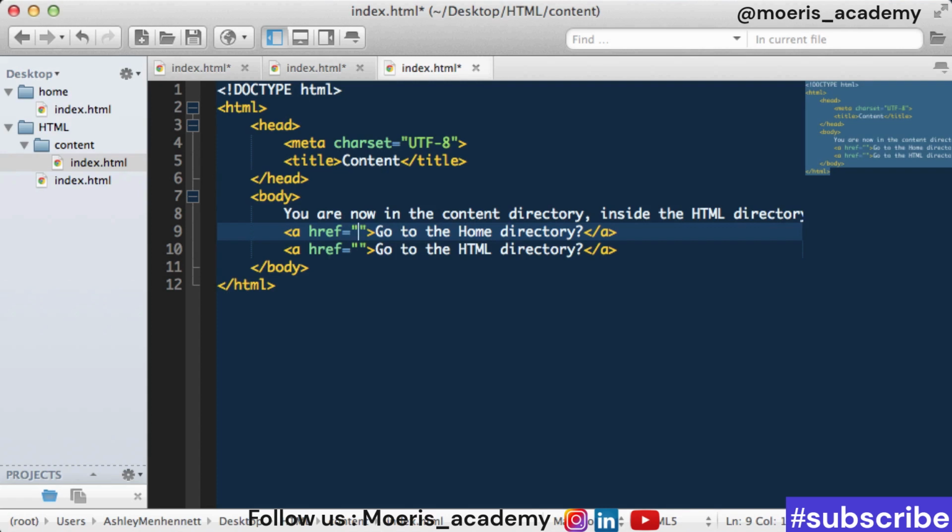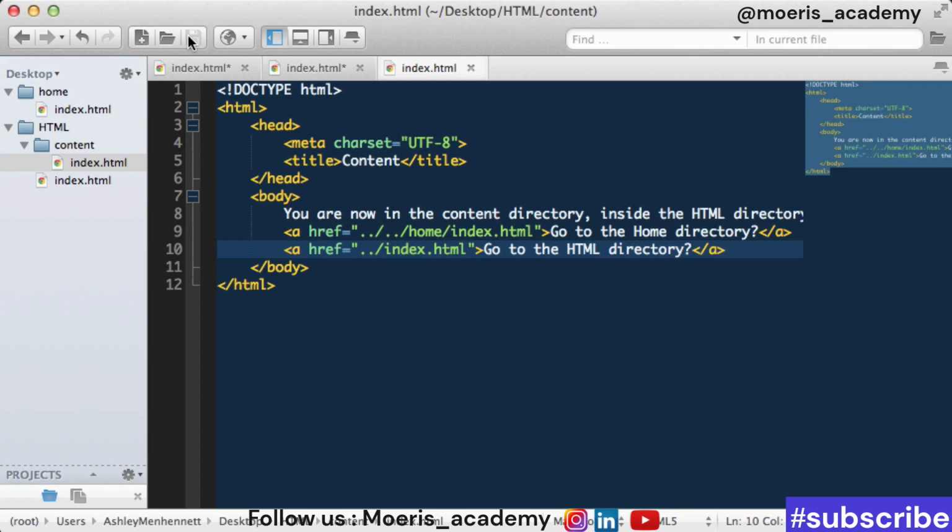We need to get out of the content directory, then we need to get out of the HTML directory, then we can go inside the home directory, and then use the file name that we want to link to. And to go to the HTML directory from our content directory, all we need to do is go back one directory, so we're in the HTML directory, then use the file name that we're linking to. Just like that. Let's go ahead and save all three of these files